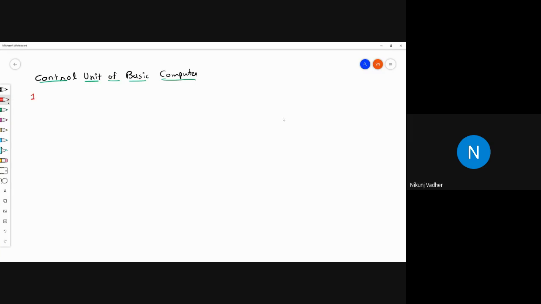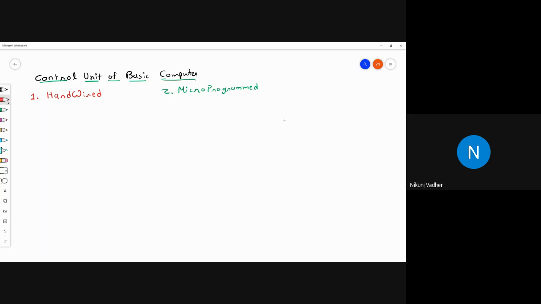The first one is hardwired, and the second one is microprogrammed. Let's see what the hardwired control unit is and what the microprogram control unit is.